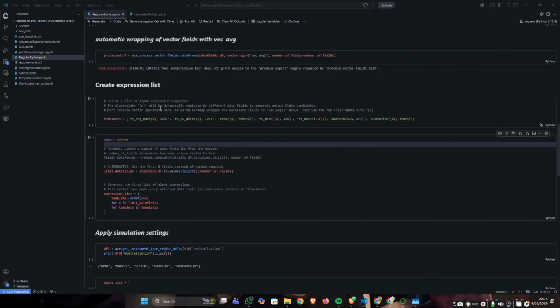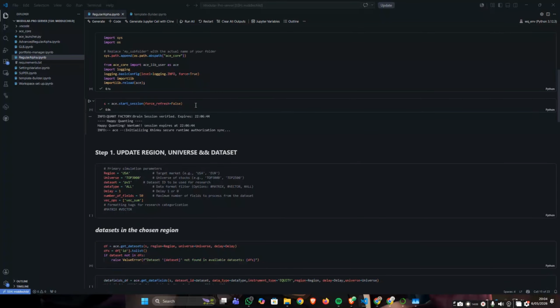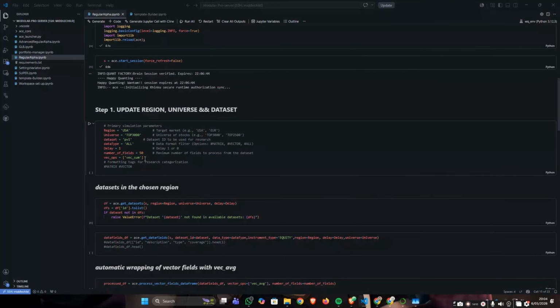So I want to show you. First, you have an idea of the data set you want to use, and then you define your templates, and then you make all the changes you need to make, and then after that you can run your notebooks from the top. So I'm using, we can't use USA for now. Let's use the new region or Euro, the first region, 500. The data set